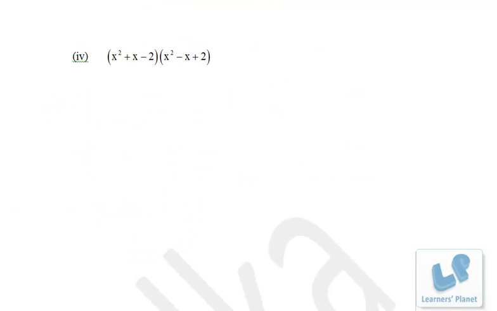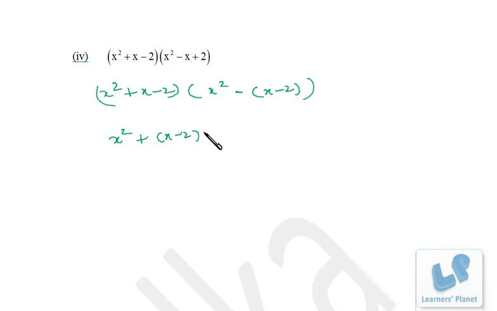Now we have an interesting sum with us. We have to simplify this. Now just observe it carefully. It's x square plus x minus 2 and x square minus x plus 2. So I just rewrite this expression. Right? So this is minus x plus 2. Okay. Now this is, and this is,